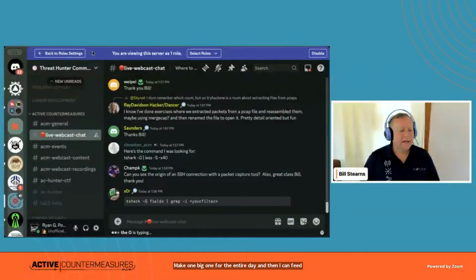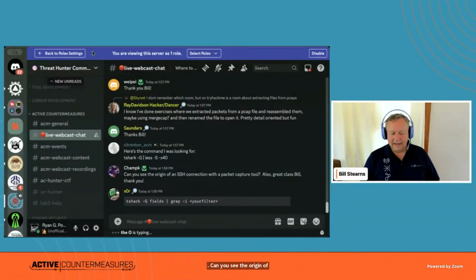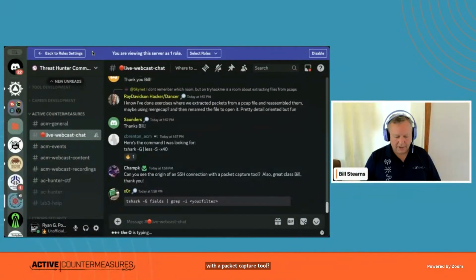and then I can feed that file into another tool. Can you see the origin of an SSH connection with a packet capture tool? ChampK, absolutely. What I'm going to show here, if I run a packet capture tool, I want you to imagine that this second